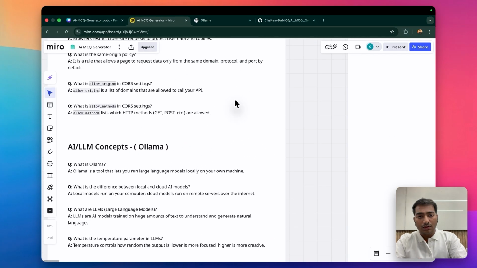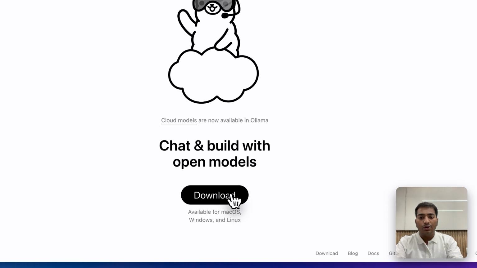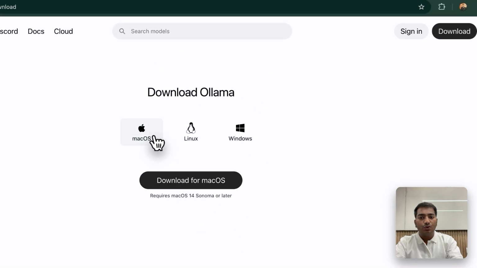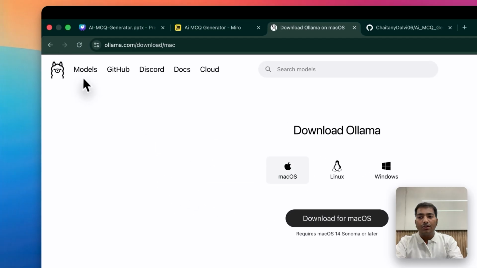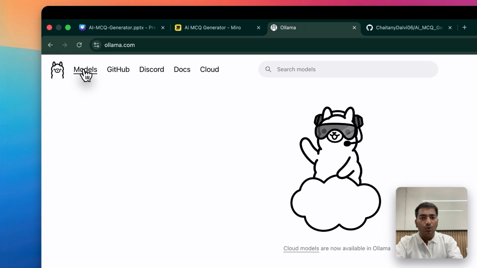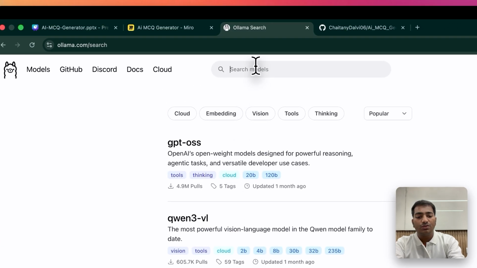So before going, you should download Ollama. You can go to ollama.com and download it. Whether you have macOS, Linux, or Windows, you just have to download from here. After downloading, you have to go to the models section. As you can see, there are lots of models, but we will use the